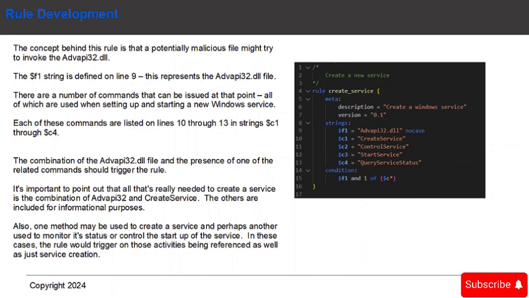But keep in mind, there are a lot of other ways that you can create a service. So aside from just including these other commands for information and illustrative purposes, there is a value here, because if that service is created in another way, and then one of these commands is issued through that DLL in order to perhaps query the service status or start it, this would fire on it. So you've got a little bit of mixed coverage here